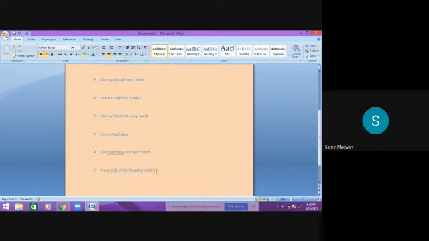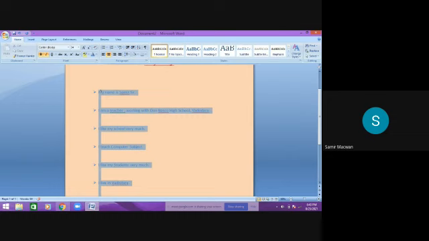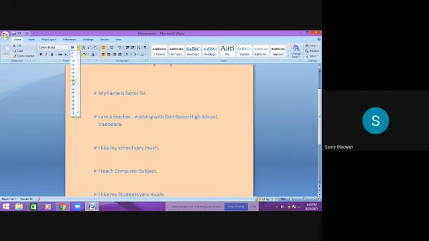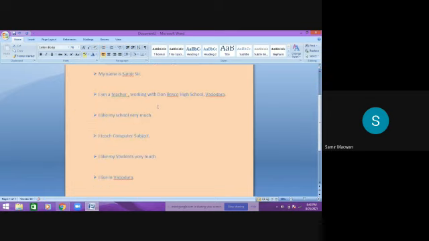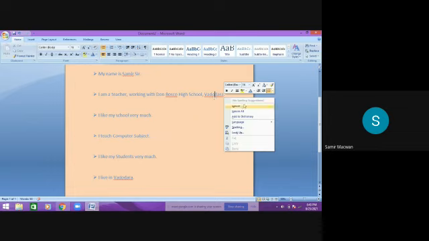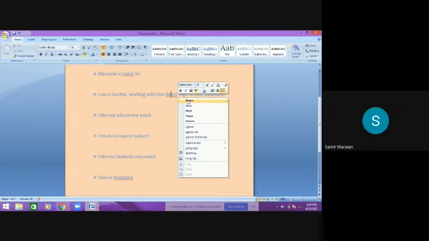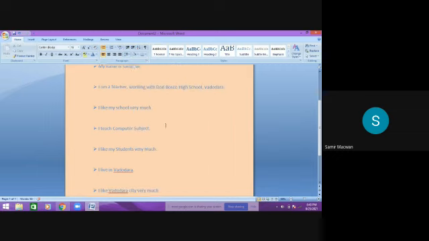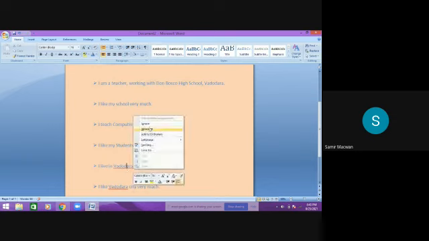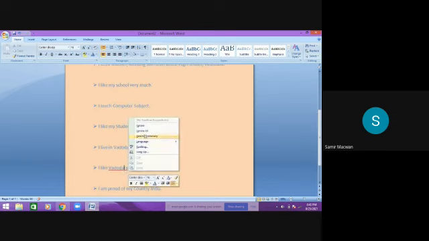Font size, I'm finding it little less. So I'm increasing the font size. Make it 18. No, make it 16. Fine. It is also telling me there is some spell check. Go for spell check. So teacher, it's correct spelling. Fine. Vadodara, ignore. Bosco, ignore. My name is Samir, so ignore. Vadodara, again ignore.